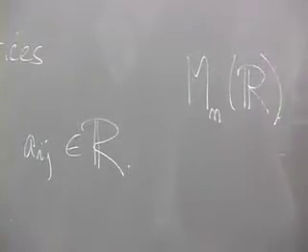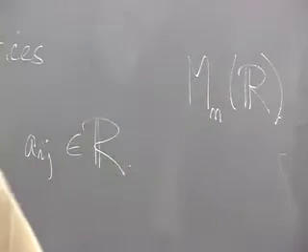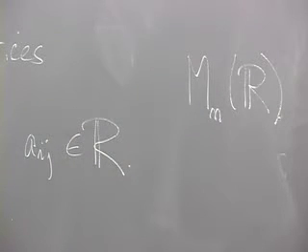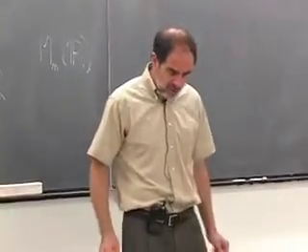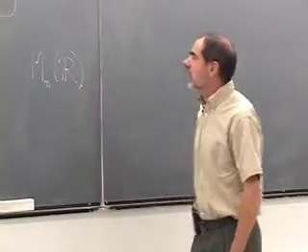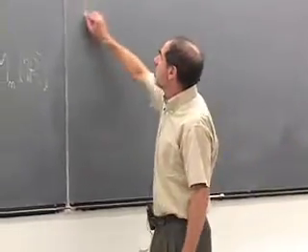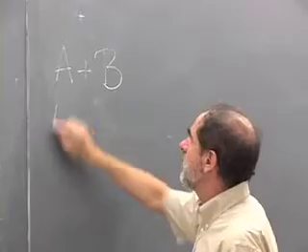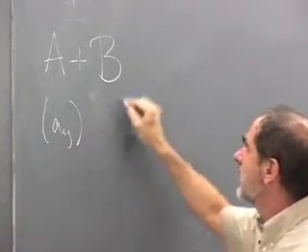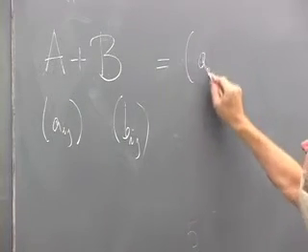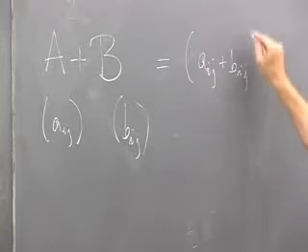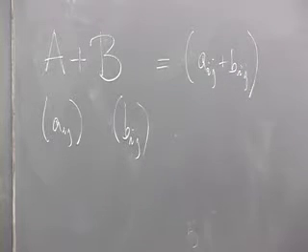So those of you who've studied linear algebra know that that's a vector space over the real numbers. It has dimension n squared because you have a basis for that vector space of the matrices that have zeros everywhere but a 1 in the ijth place. So in particular, as a vector space, you can do a number of things in this set. For example, you can add matrices, A plus B. So if you have a matrix where the entries are aij, and you have a matrix where the entries are bij, then the sum of these two matrices has entries aij plus bij. So you just add the elements in the ijth place. That's the addition law in the vector space of n by n matrices.